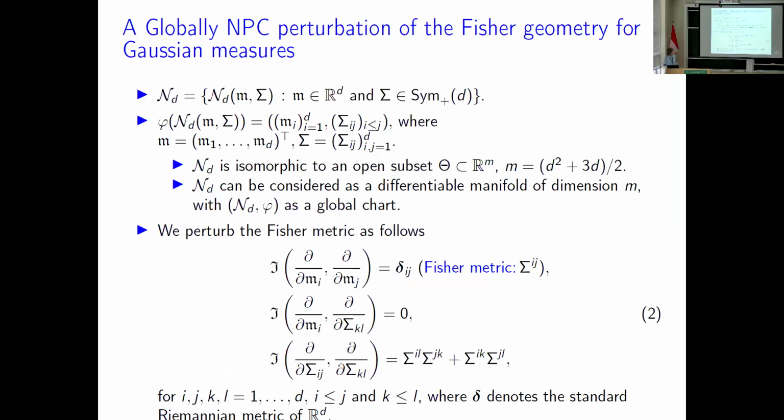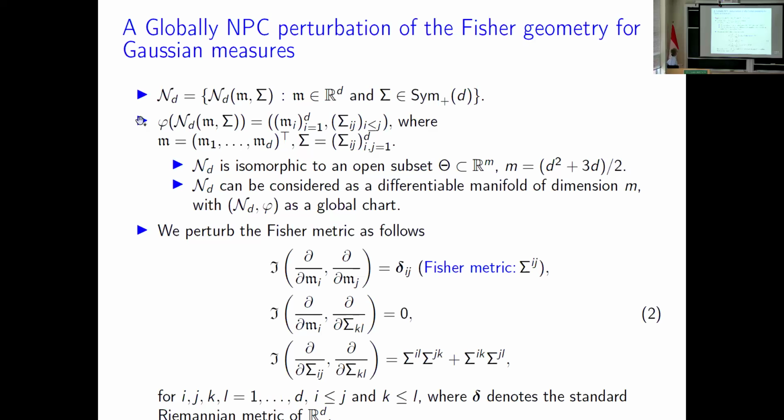As I said, we are going to project our conditional probability distribution on the manifold of the non-singular Gaussian distributions, d-dimensional. On this manifold, we are going to propose a new Fisher geometry. We construct this geometry in this way. It turns out that it will be a perturbation of the Fisher matrix, and the main difference is in these definitions. But let's go with some notation.